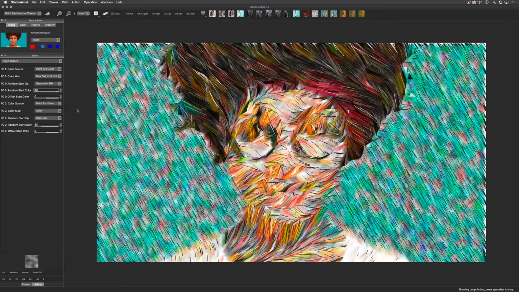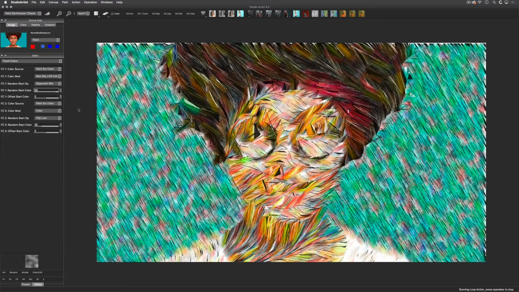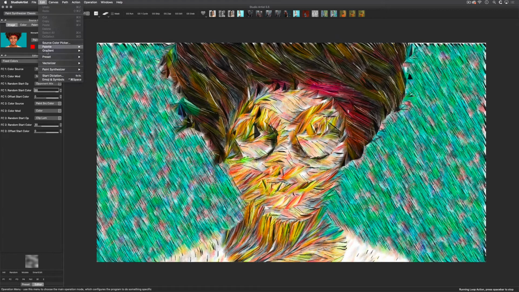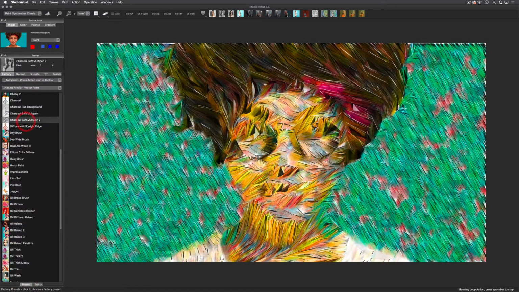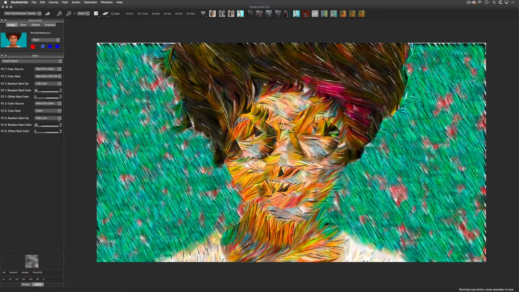Before I reset it back, I'm going to show you something new in Studio Artist, which are these memory edits. I'm going to just record how this preset is edited. So if I want to go back to this setting I can. This is really helpful so you can keep track of your edits. There are several here that you can use. Just choose to record and then later, you can choose play to bring the settings back. So now I am just going to reload this original preset and toggle back to the Vector Output panel.